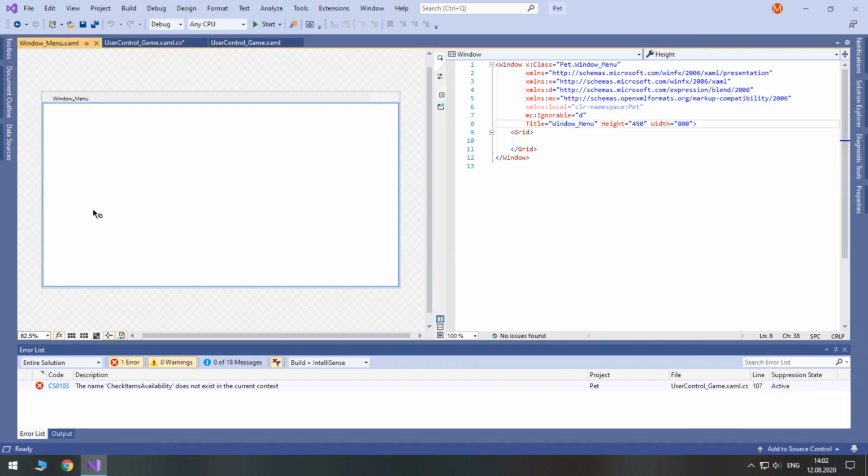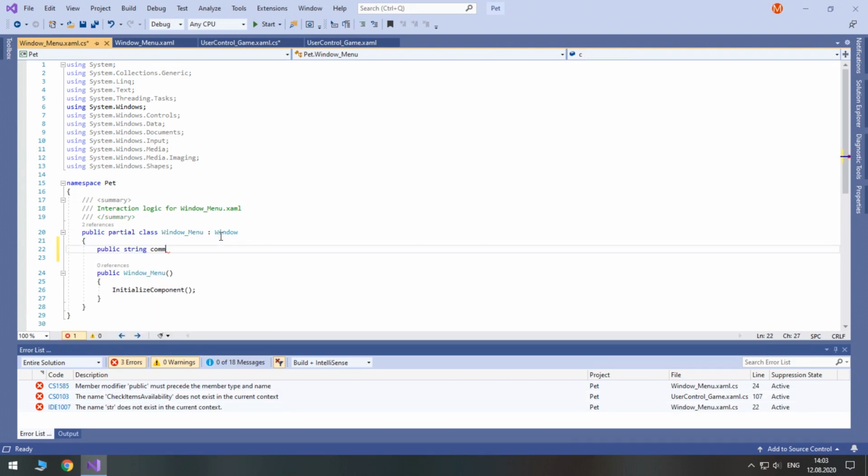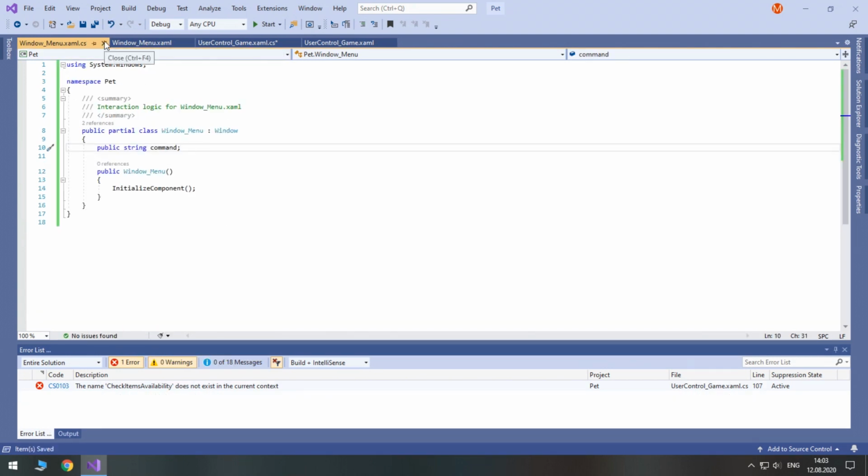Also, because we will access this window right during the game process, and this window will be able to change the settings or redirect us to other user controls, we need to accept commands from this window to the UserControlGame. So for this purpose, press F7 to go to code behind, and we will just create a public variable here called public string Command. That's it for now, you can close it.